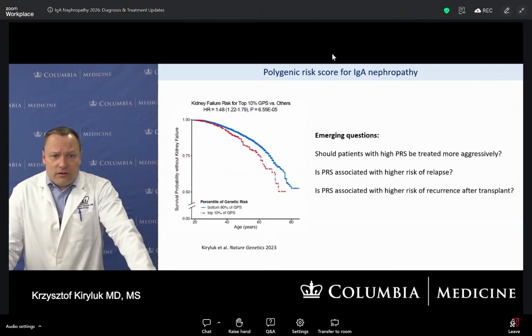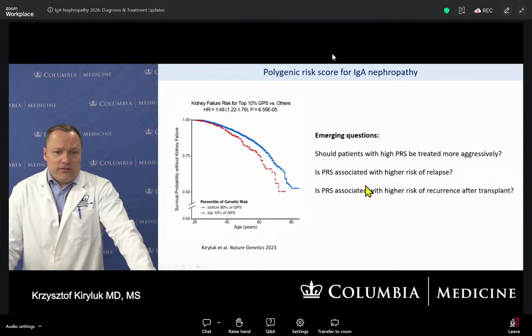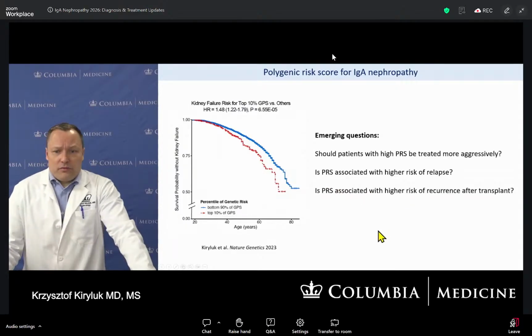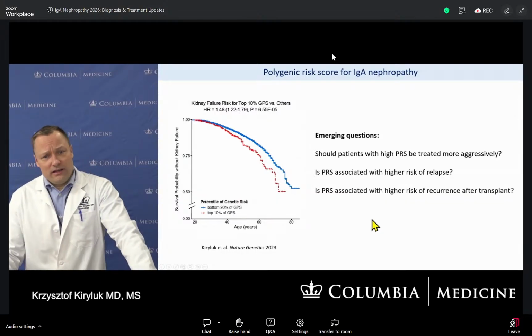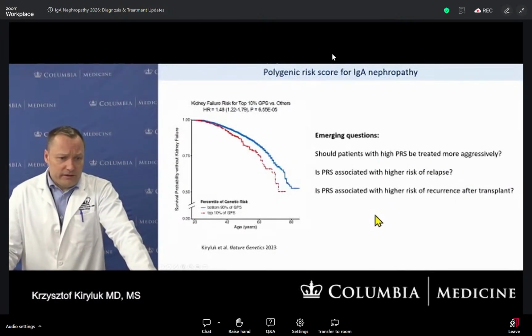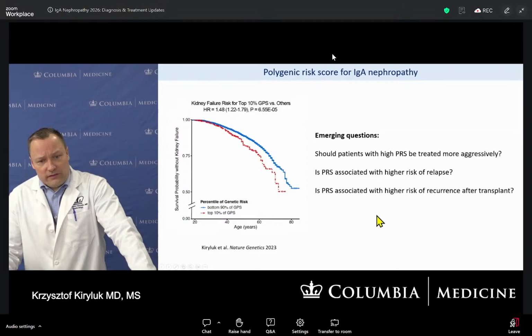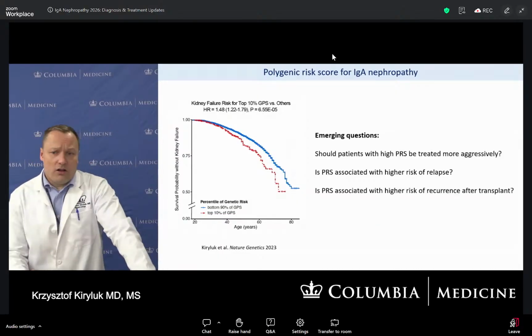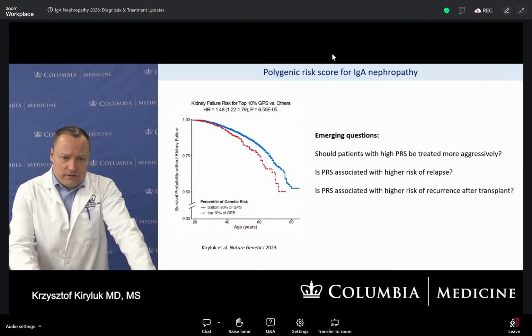IgA nephropathy commonly comes back in the allograft after kidney transplant. One explanation is that perhaps the immune system of the recipient is just primed to produce high levels of IgA, high levels of galactose-deficient IgA, and despite immunosuppression used in kidney transplantation, the disease is coming back, and perhaps polygenic risk is associated with high risk of recurrence. All of these questions are under investigation by my group currently, so we're actively working on a lot of these